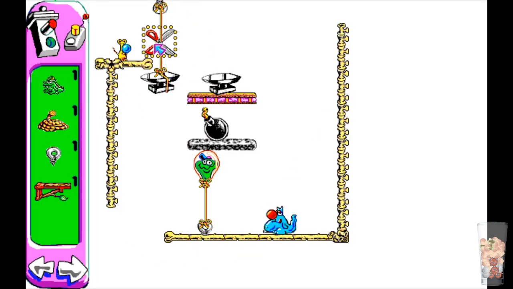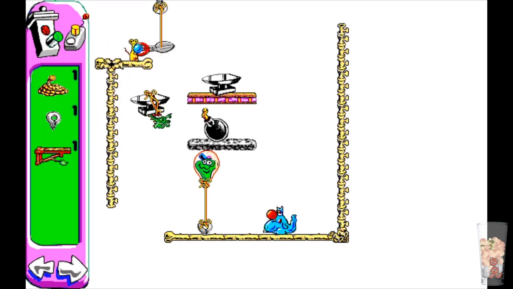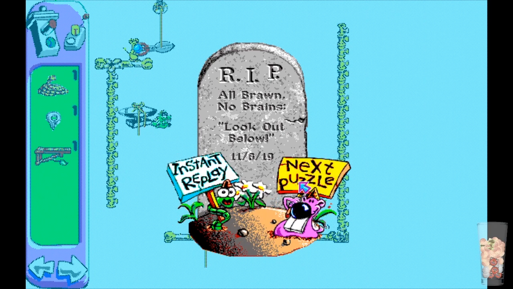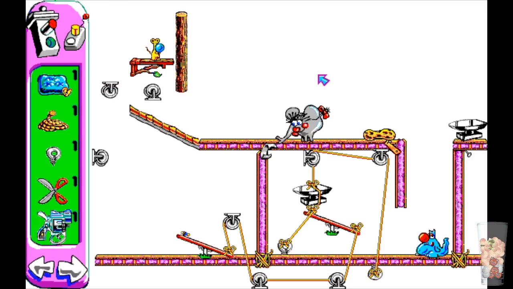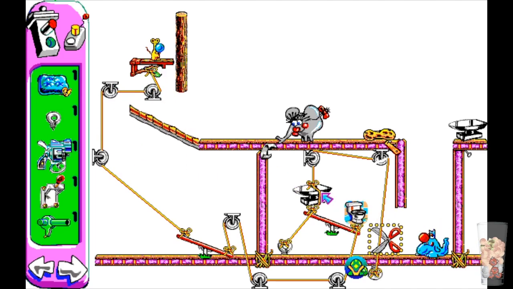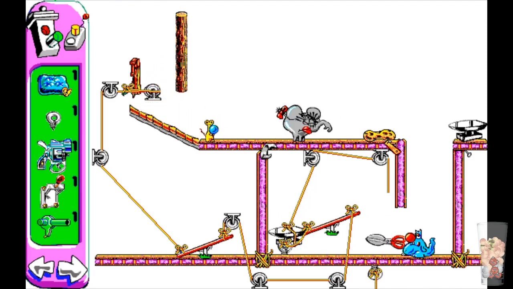Now, for an actual level which tricks you with the good old concept of bogus parts. Don't need all of that crud to win. Oh, it's lunchtime for Eunice. Feed her a peanut. And in order to feed her a peanut, she'll need to turn back. And how can we do that? By a mouse. So, yeah, at this point, the anvil is gonna fall on this, it's gonna trigger this, and yeah, that should do it. Like, they're trying to trick you with putting so many spare items here, but...